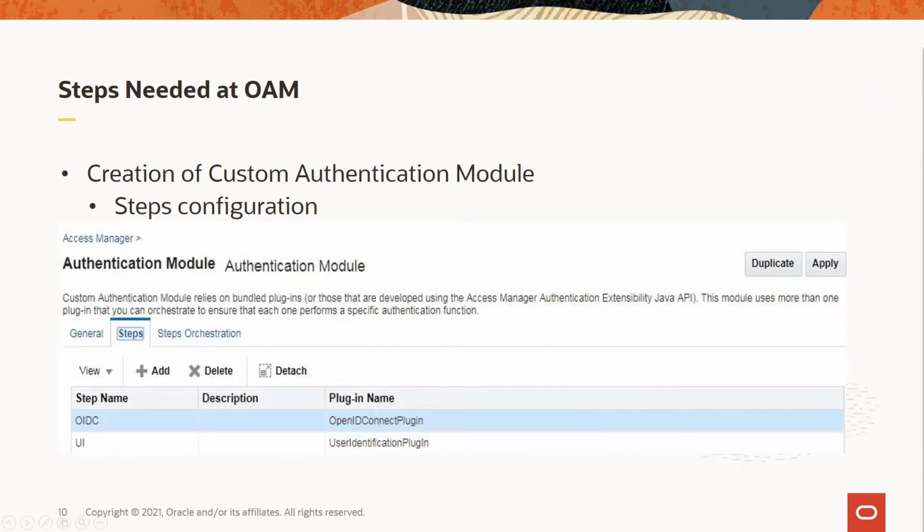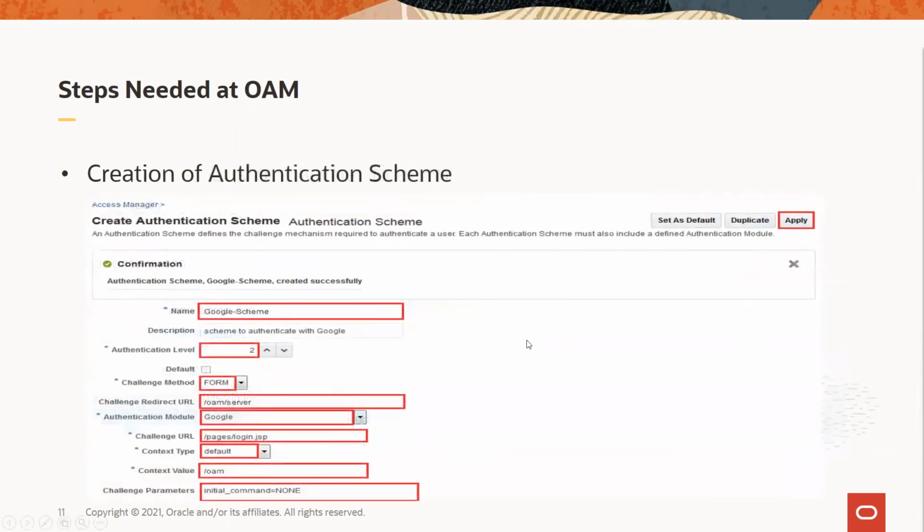Coming next is the authentication scheme. Basically, in the authentication scheme, you need to specify the authentication module which is relevant here. And then you need other parameters like the challenge URL, the context type, and the context value. These are all needed here. Then we have initial command equal to none as a challenge parameter.